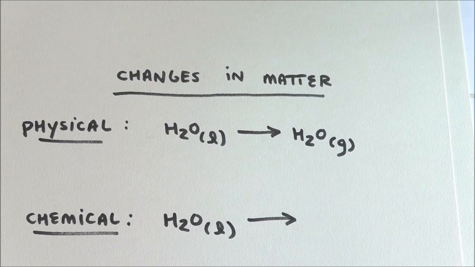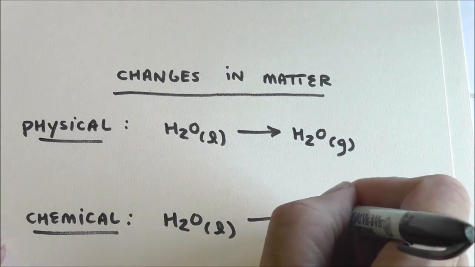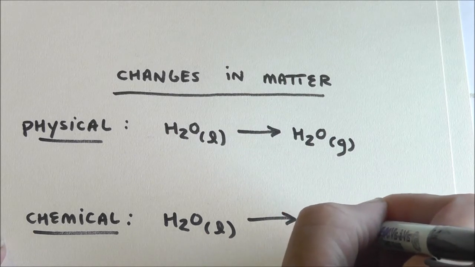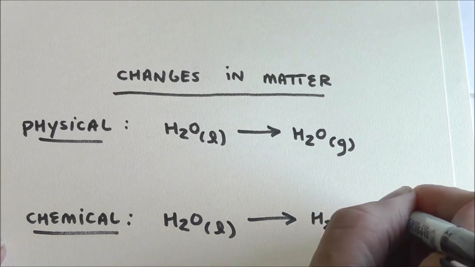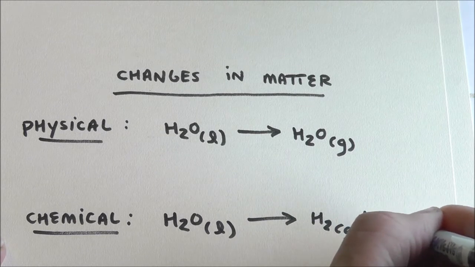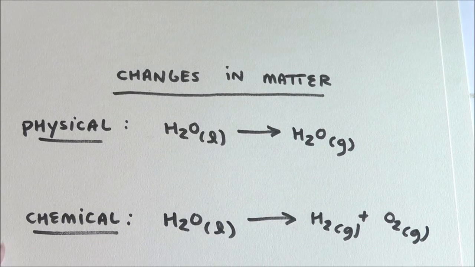So notice the formula, the molecules, the building blocks did not change from the left to the right. Before and after picture, there's still water molecules. Now, if I was to do something really crazy, like take an electrode and put a huge current and more than 3.5 volts into the water, you would convert it to H2 gas and oxygen gas, and now that is a change.